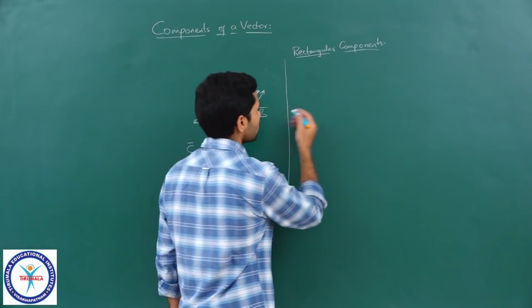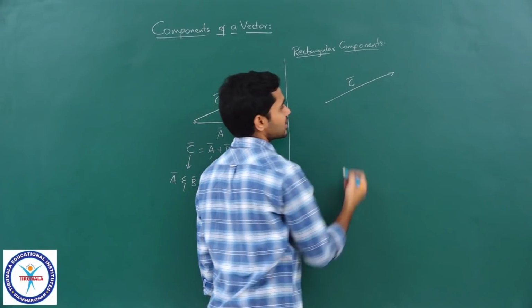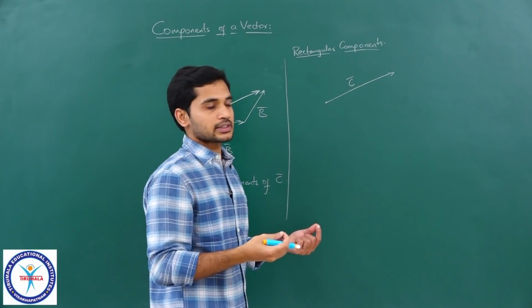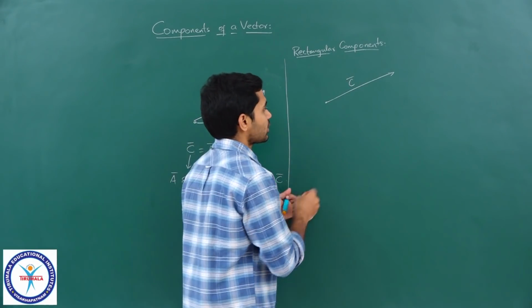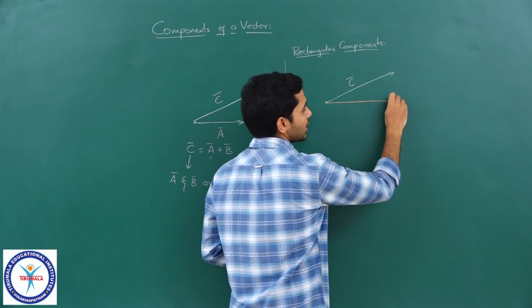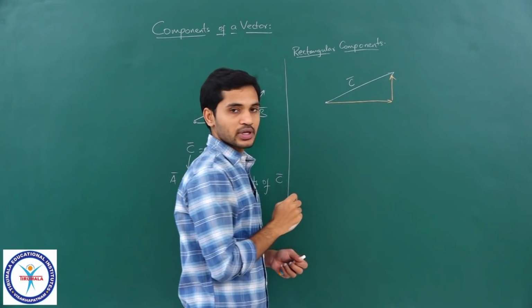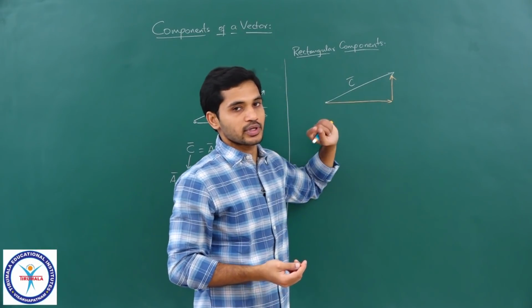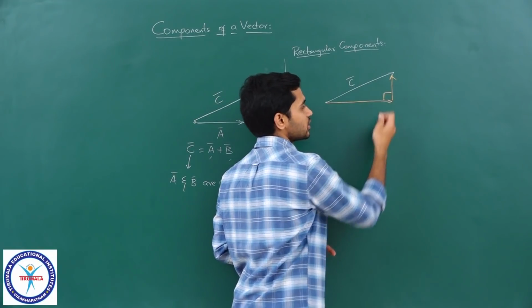For example, once again if I take the vector C bar, and I divide that C bar into two components and if those two components are perpendicular to each other. So, let me show that here. If this is one vector, and this is the other vector, you can easily say that these two vectors are the components of C bar, obviously, because this plus this will give me C bar, right. And if you observe, these two are perpendicular to each other as well.